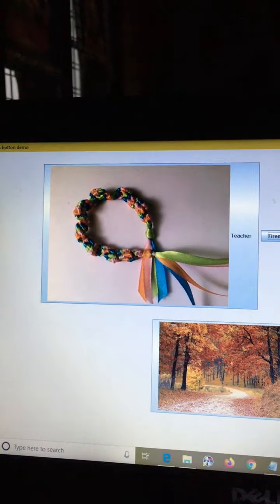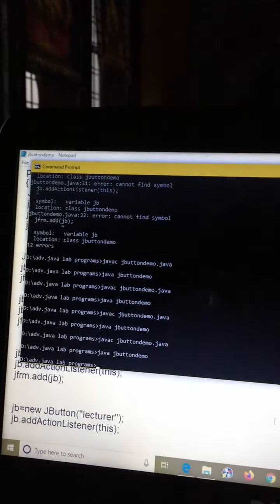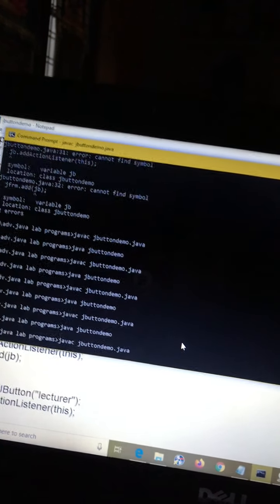Again try to execute the program, javac file name.java, java file name. So look here, 4 buttons: teacher, friend, student, lecture.